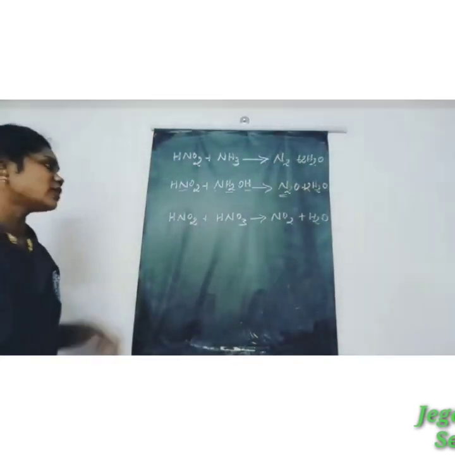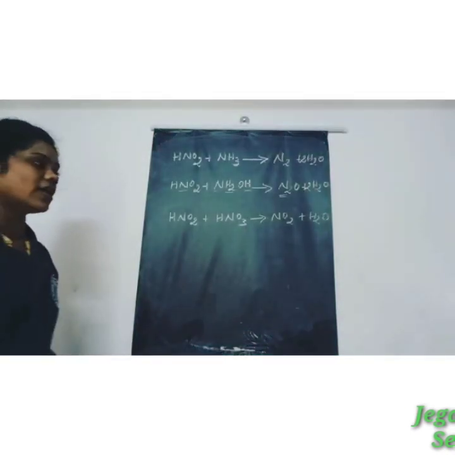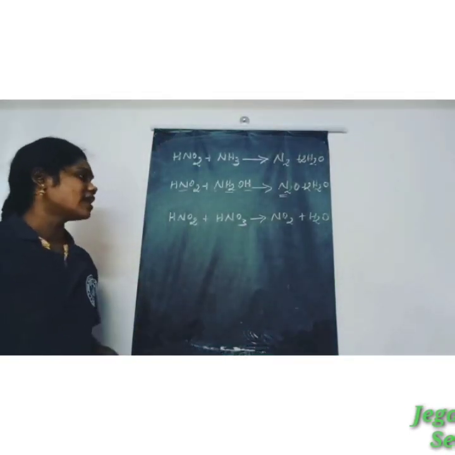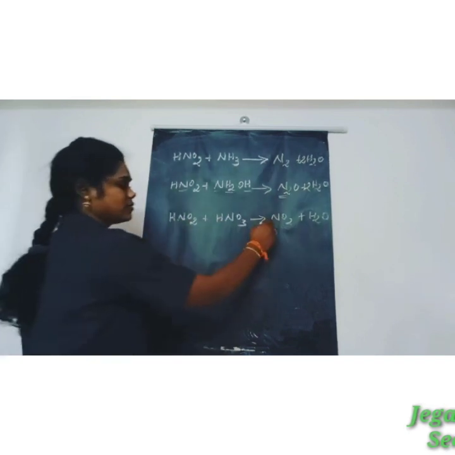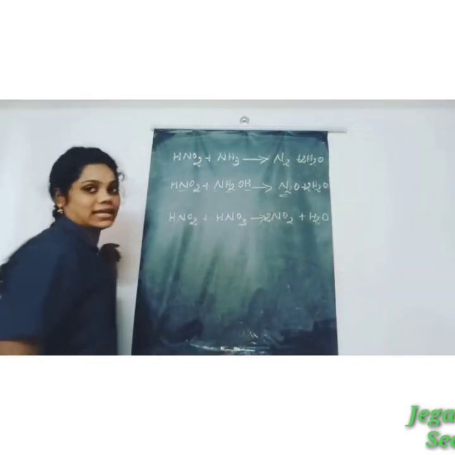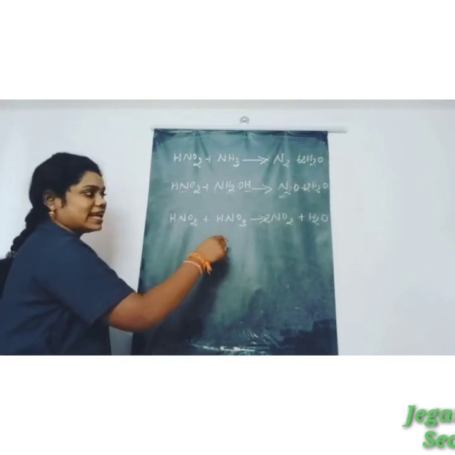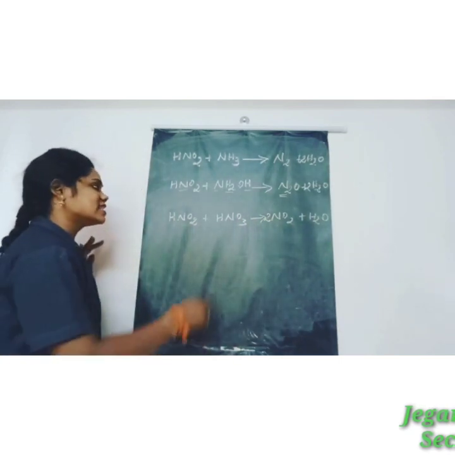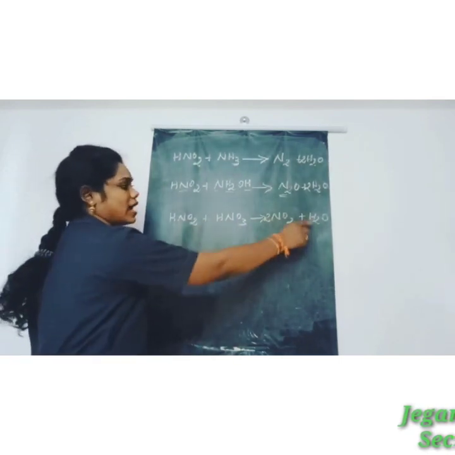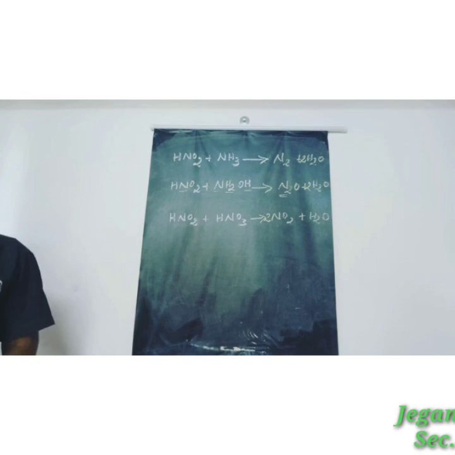Okay. And then the next one, nitrous acid is reacted with nitric acid. It gives nitrogen dioxide and water molecules. Okay, how is the equation balanced? Nitrogen here is 2 times, but here nitrogen is only 1 time. So 2 times of nitrogen. And oxygen molecules 2 plus 3, 5 times. So here 2 2s are 4 plus 1, 5 times. And hydrogen here is 2 times. So here also hydrogen is 2 times. So the equation is balanced.